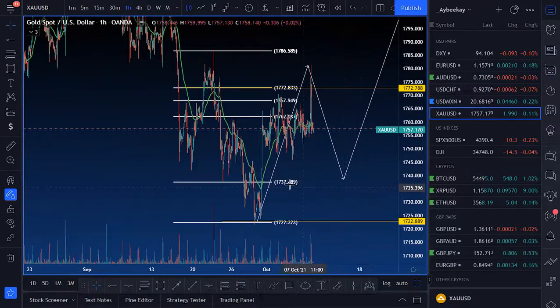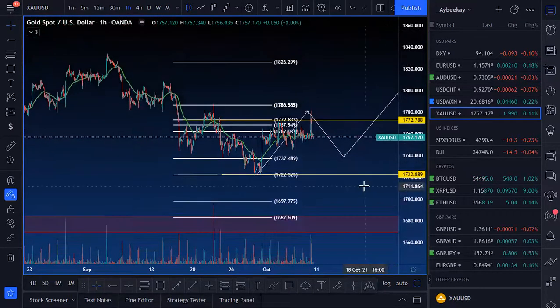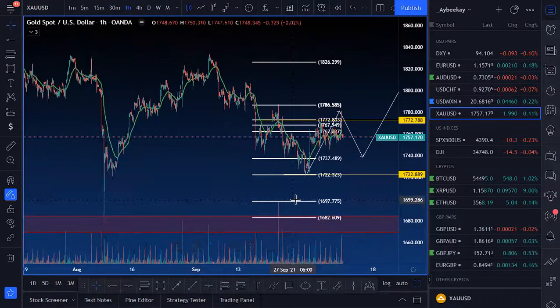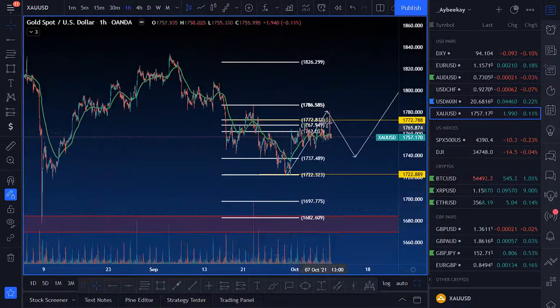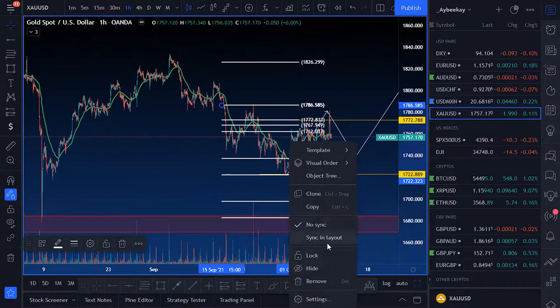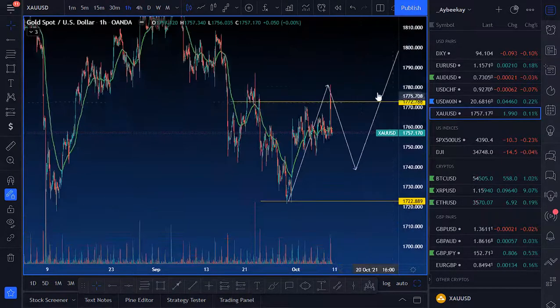I'm more in favor of it to keep falling, though, in my honest opinion, because I feel like these equal lows are just going to get run through. And what do you know? The target for this sell is anywhere between 1762 and 1772. The 61.8 extension is right at those equal lows. So that just looks a little bit too suspicious to me. So we're going to see what happens with gold, but I'm definitely more bearish on gold than anything.